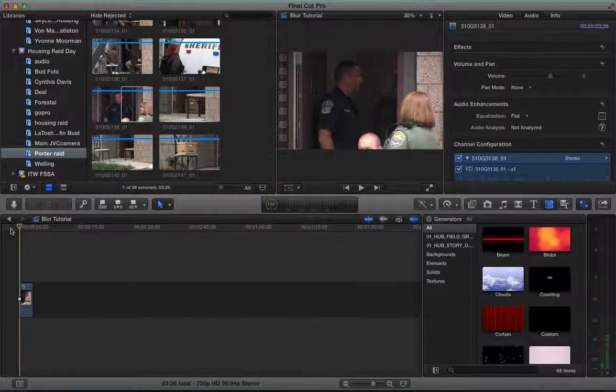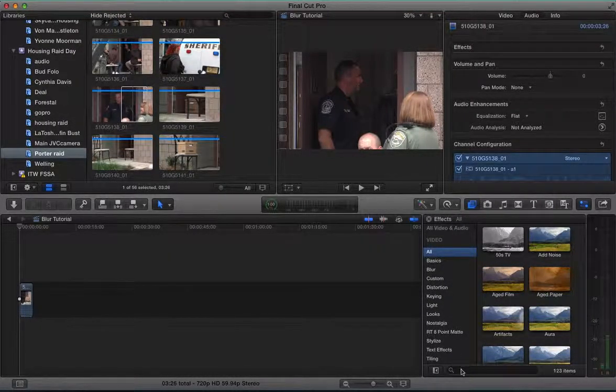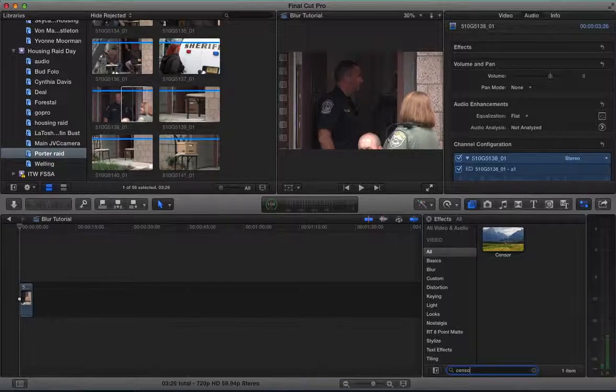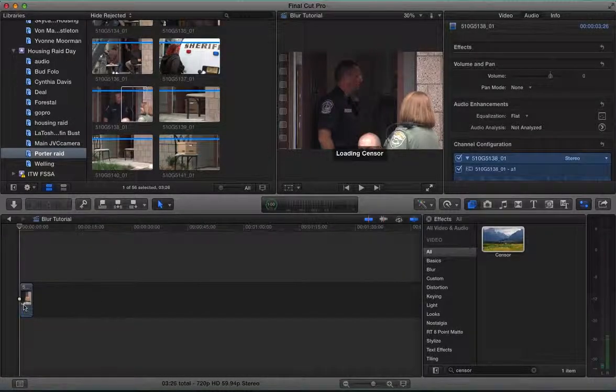Now in the past we'd had to do multiple levels of video in order to accomplish this, but in Final Cut 10 we're going to go over here to the all video effects, and the easiest way to find this is to use your little search engine down here in the lower right corner. We're going to type in Censor, C-E-N-S-O-R, which is going to bring up this effect here. We just drag that and put it on top of the clip. You can see here that it started to